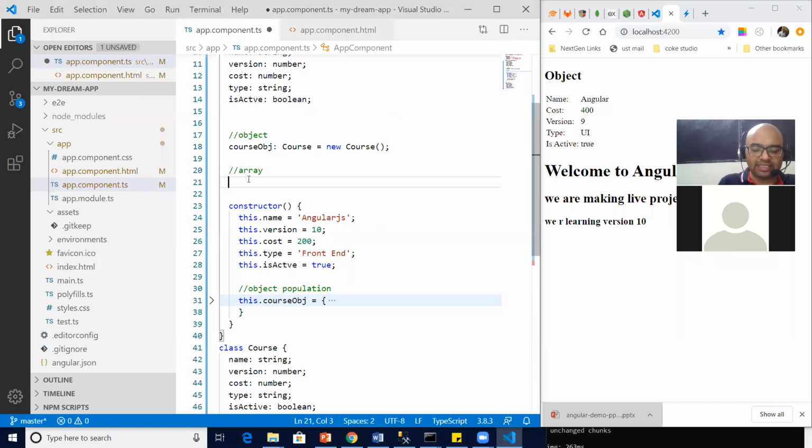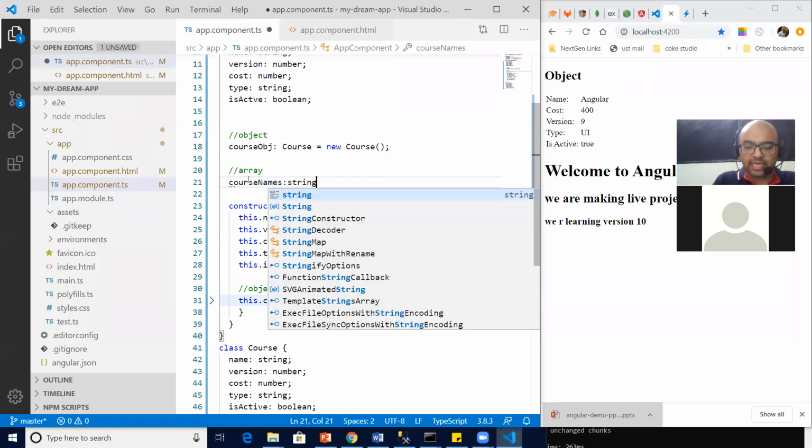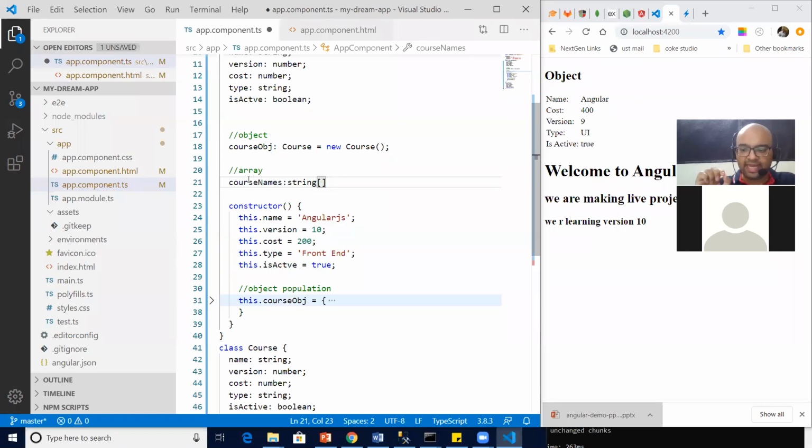So now I say course names. And what is it? An array of string type. Understood? Clear? Course names is an array of string.